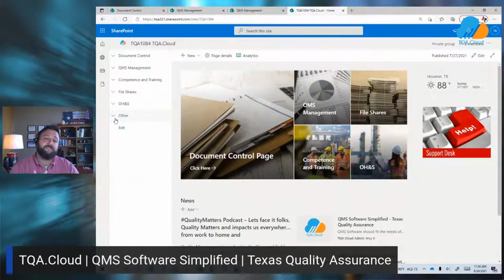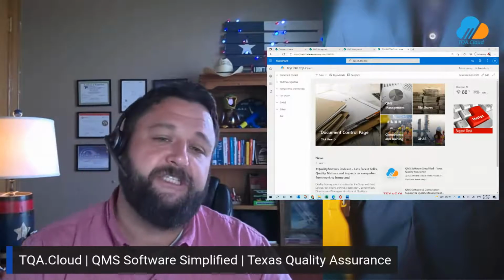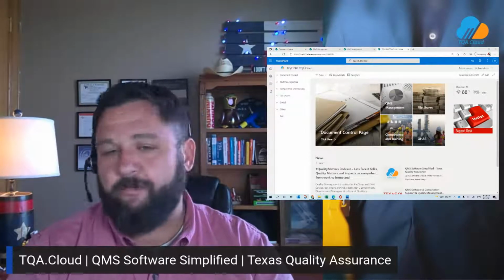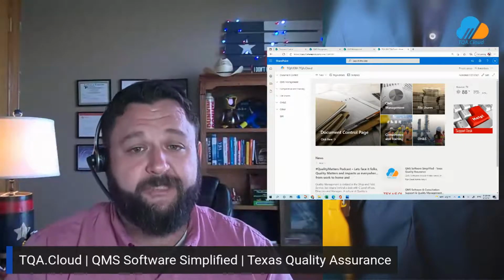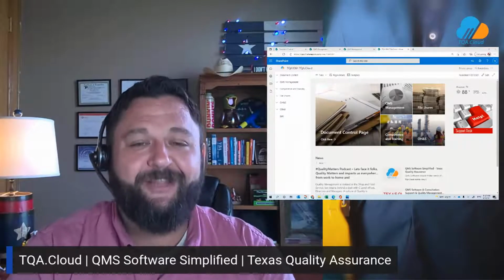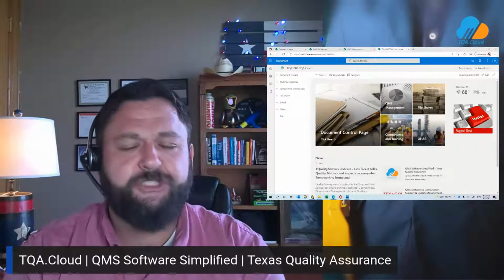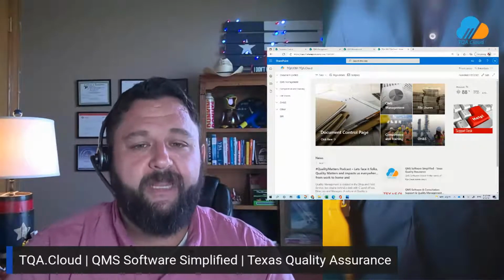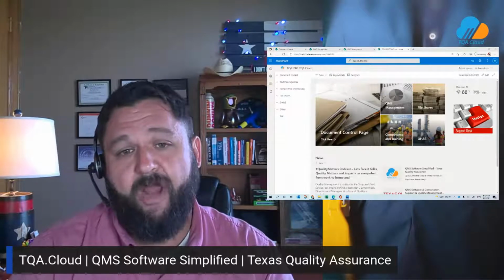So the software starts out at $250 per month. And that $250 per month gives you access for the first 10 users to the site. We don't make distinctions between read-only, edit, approve, how many users have access to the site. If you're looking for premium support, such as one-on-one trainings like this, except specifically for you and your team, if you're looking for custom configuration, say addition and modification of some of the metadata, it's a flat $250 a month, and they get to see a bank of up to 4 hours.